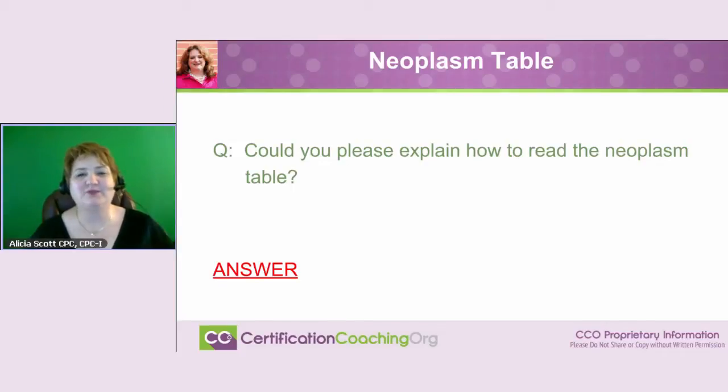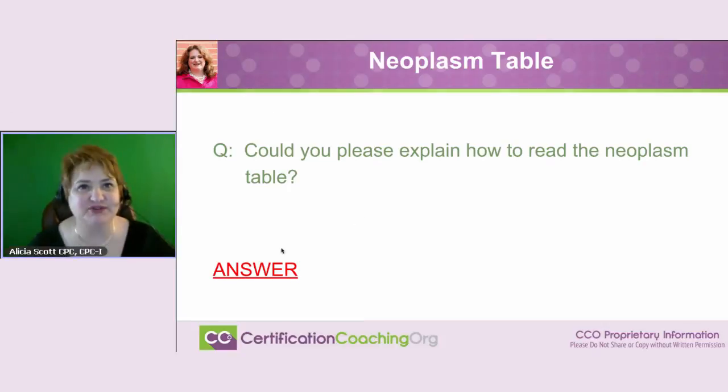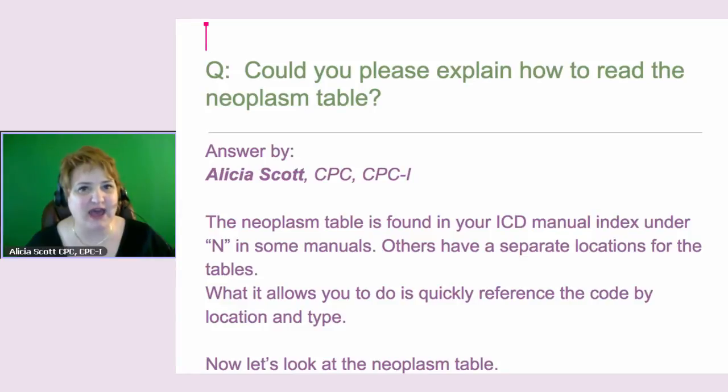Please explain how to read the Neoplasm Table. This is so much fun. You are going to enjoy it. Now, I think Laureen was going to give me control here. I have a screen of the Neoplasm Table, but first, before I show you that, I wanted to say